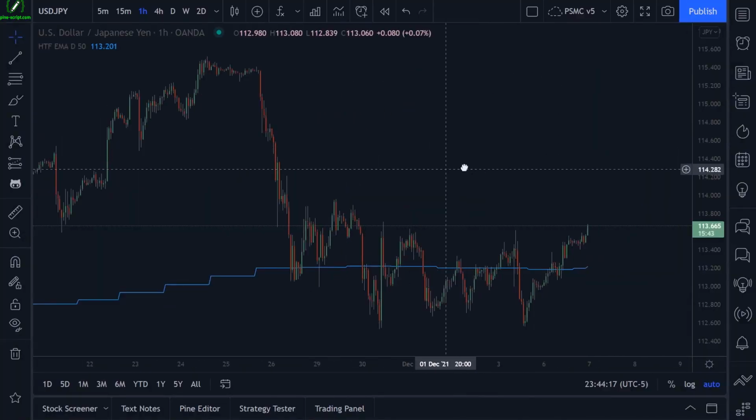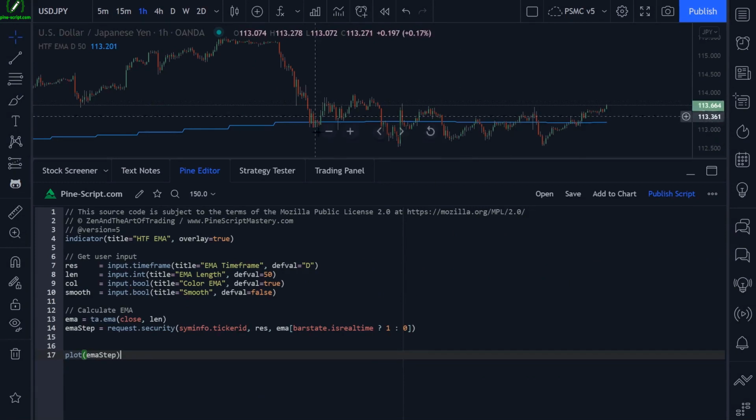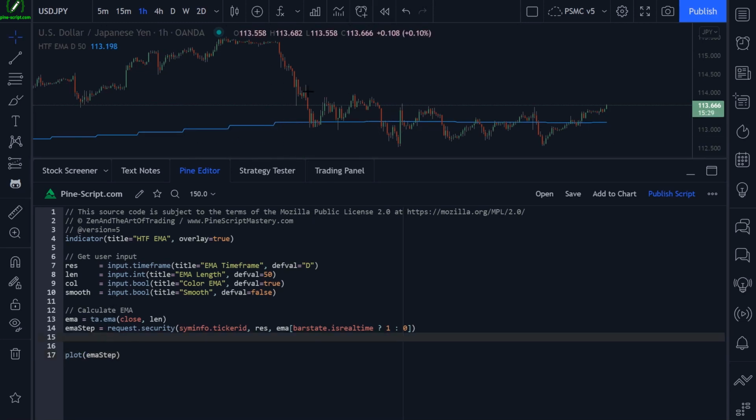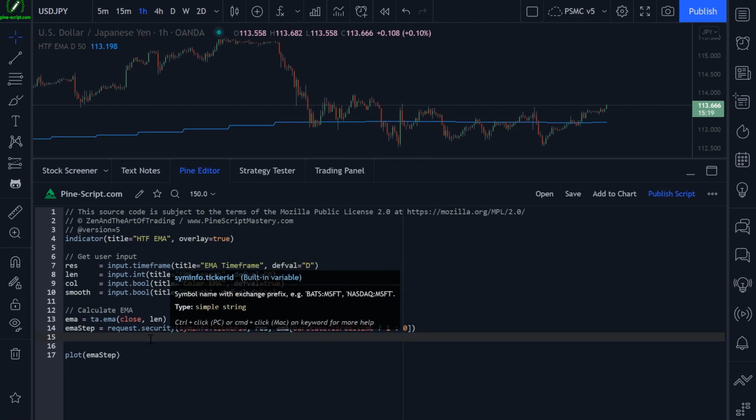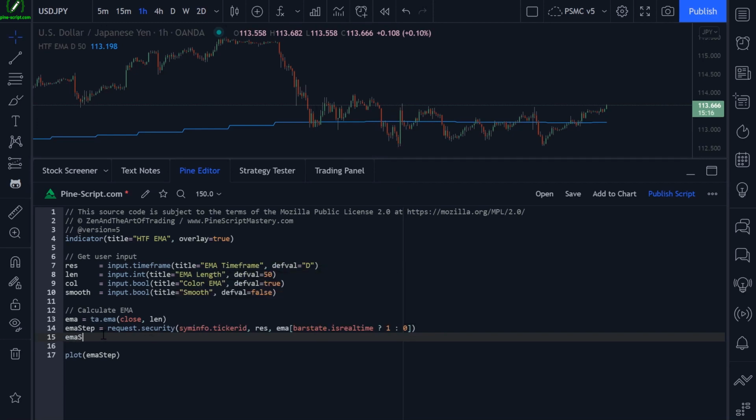This is a little bit better, a little bit more visible. So now we have our stepped higher time frame moving average drawing onto the chart. The next thing to do is get the smoothed version of this moving average. Now the reason why we need 2 different EMA values is because if I try to set our gaps, now